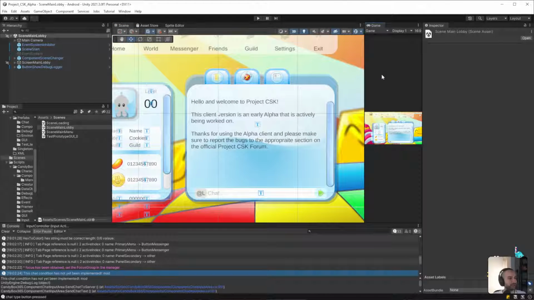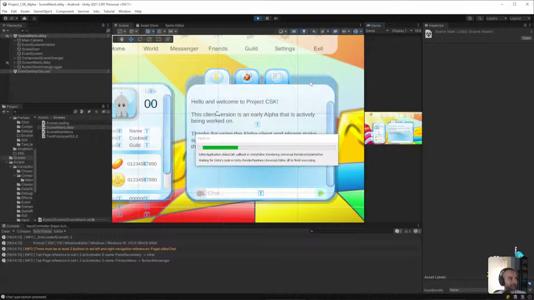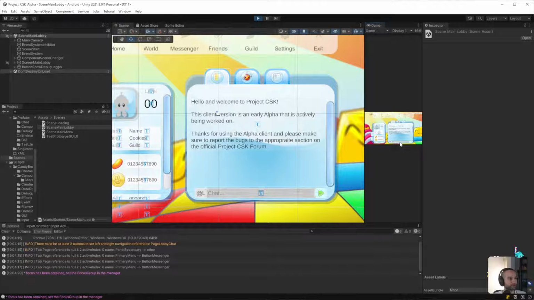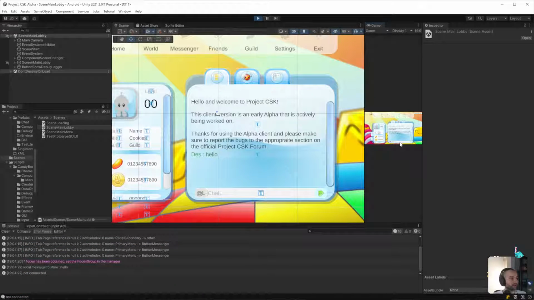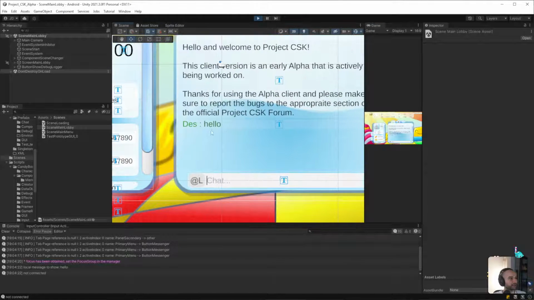I wonder if it works in standalone. Because if it works in standalone, then that means it's a minor setting that I may have just overlooked. So in here, if I say hello, okay, so that does work. If I'm not logged in and chat works, then it should also work when we're logged in, because I distinctly remember implementing that functionality.